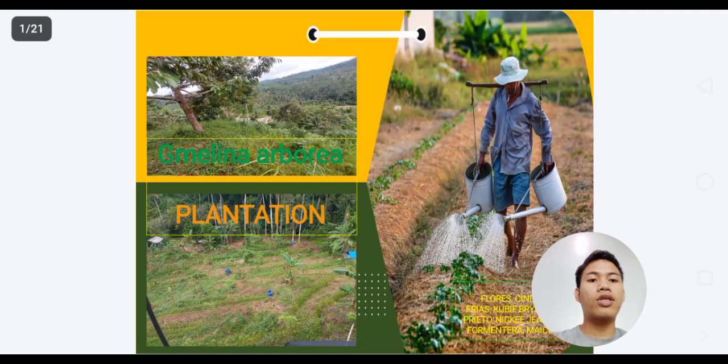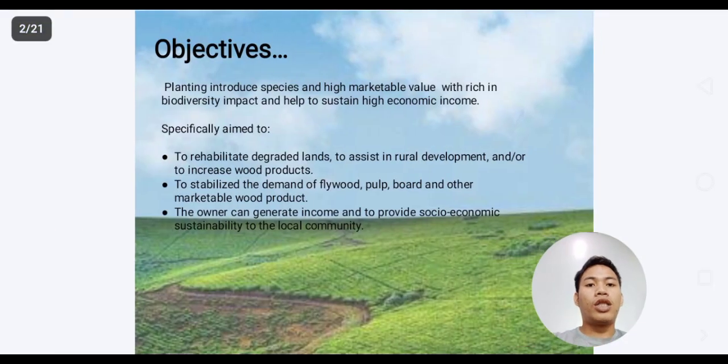Good day everyone, this is our plant establishment, which is Gmelina arborea plantation. The objectives of our plantation is planting individual species of high marketable value, rich in biodiversity impact, and help sustain high economic income. Specifically, it aims to rehabilitate degraded lands to assist in rural development and/or to increase